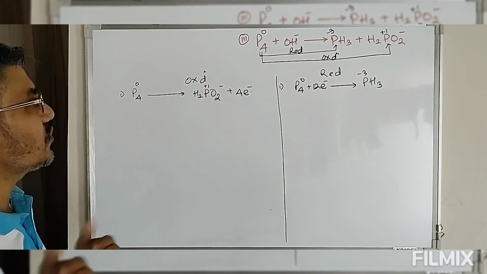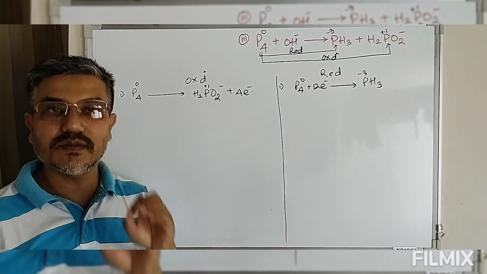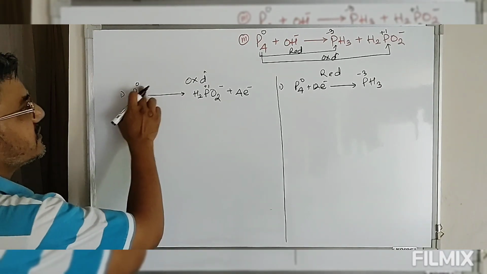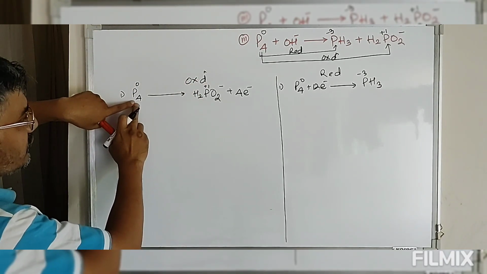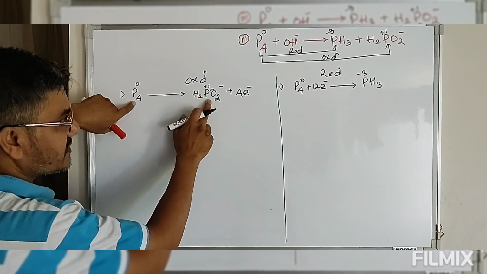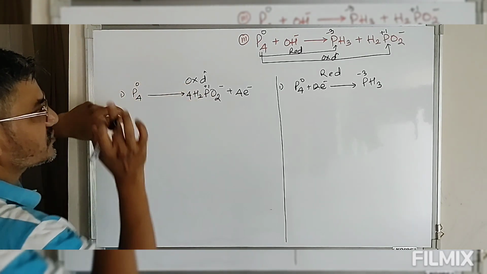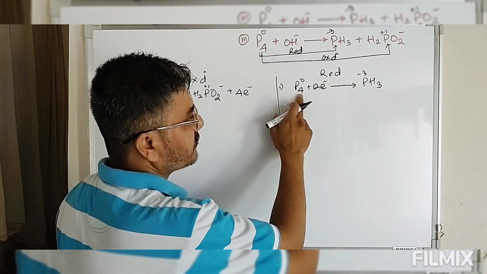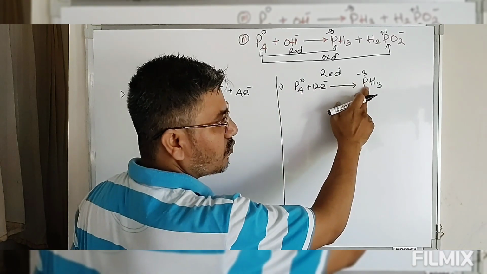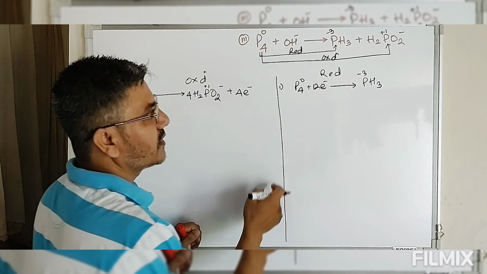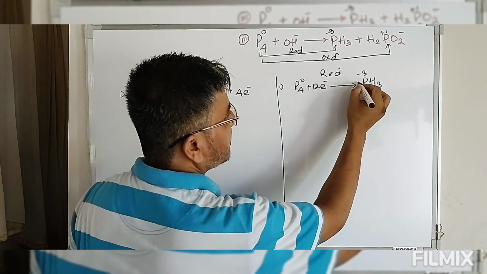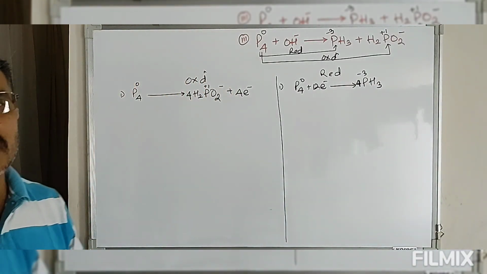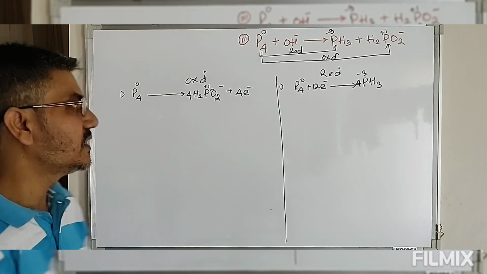Next, after this separation into oxidation and reduction, we have to balance the element which is undergoing change in oxidation state. In this reaction, phosphorus is changing its oxidation state. Now look at this. We have 4 phosphorus on the left side, 1 on the right hand side. So multiply this by 4. So phosphorus is balanced. On the other side, we have 4 phosphorus on the left hand side and 1 on the right hand side, so this is unbalanced. So we multiply this by 4. Multiplied by 4, the atom of the element undergoing change in oxidation state is balanced.